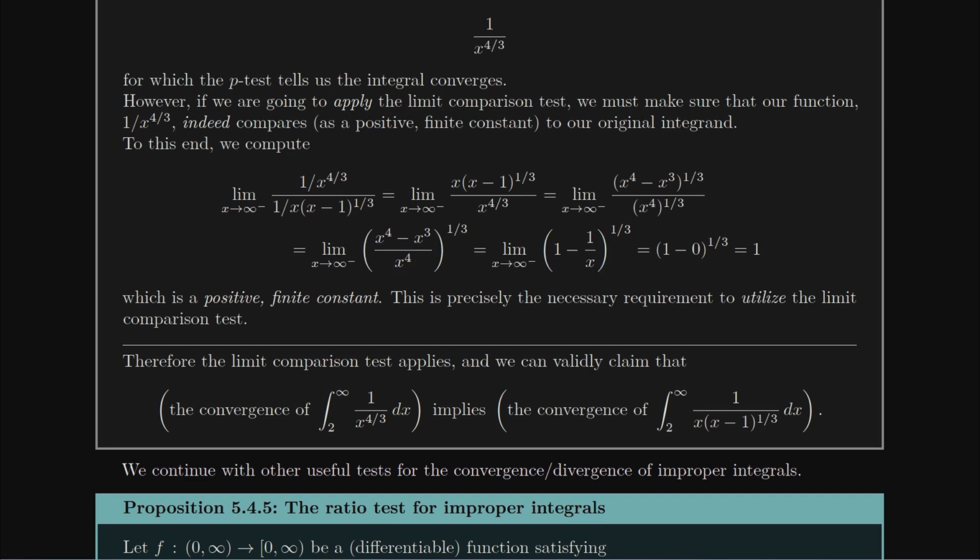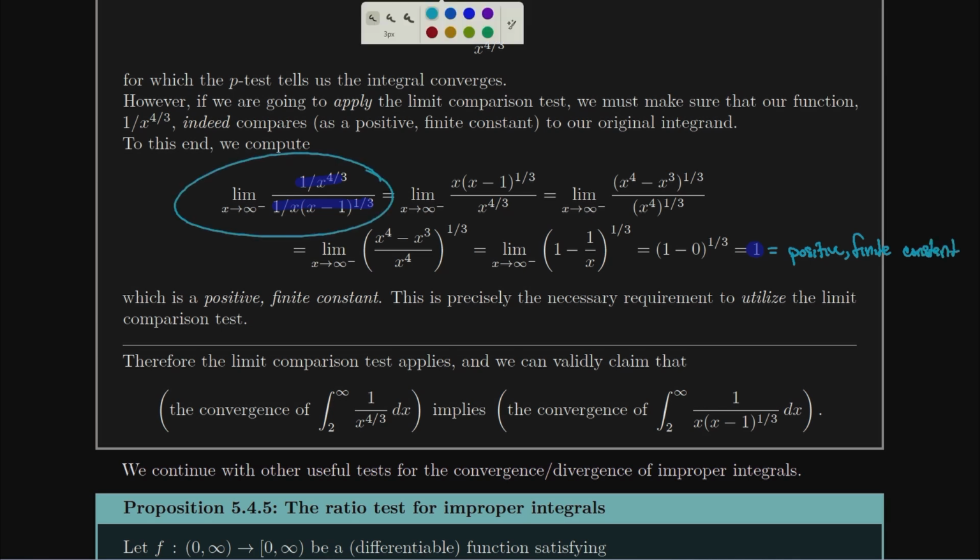Very easy to take the limit of negative 1 over x as x goes to infinity. It's negative 1 over a very large number. It's going to be 0. And so you just end up with the limit of the ratio of the functions being 1. And most importantly, 1 is a positive finite constant. That's what we absolutely require out of the limit of our ratio. Equivalently, this is me showing that it's raining. I can't make any conclusions until I show that it's raining.